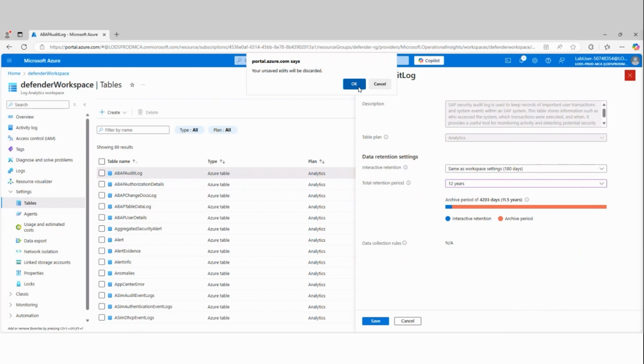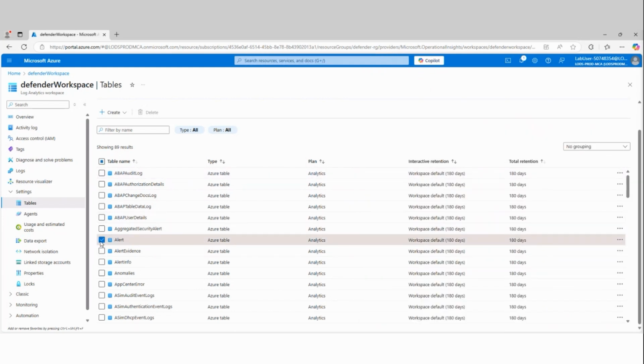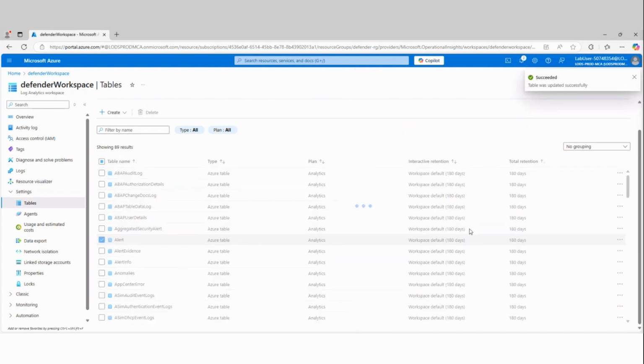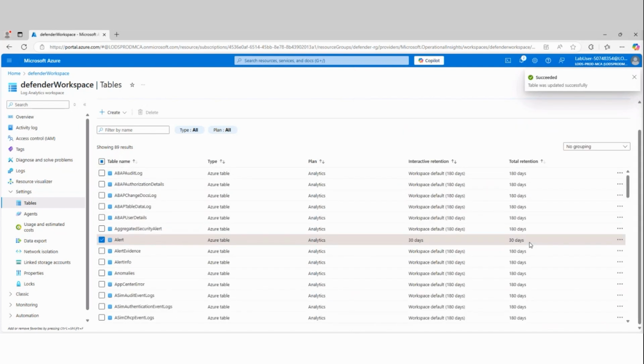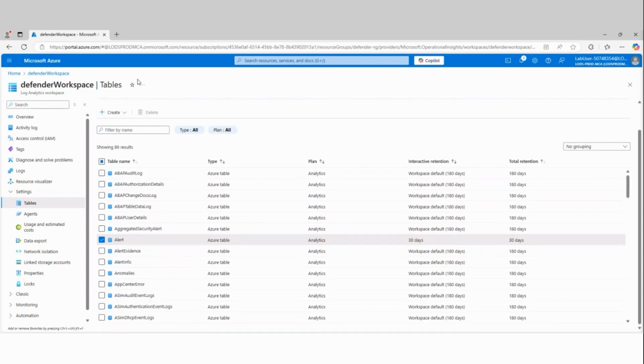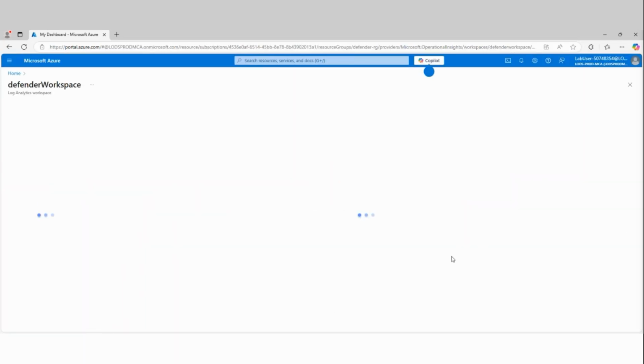So that's how this process works. You have the ability to be very granular, because for certain tables, and notice here I'm using 180 days, maybe I don't need it for longer than a month. So I can go in there and do that. I'm going to save this one. So the alert tables will only be stored for 30 days with no archive period. Whereas for some other tables, let's pick one here, let's say my security event table, I may want to store it longer. So I do have the ability to go in there, and I'm going to refresh my screen because my 3 dots went away here.